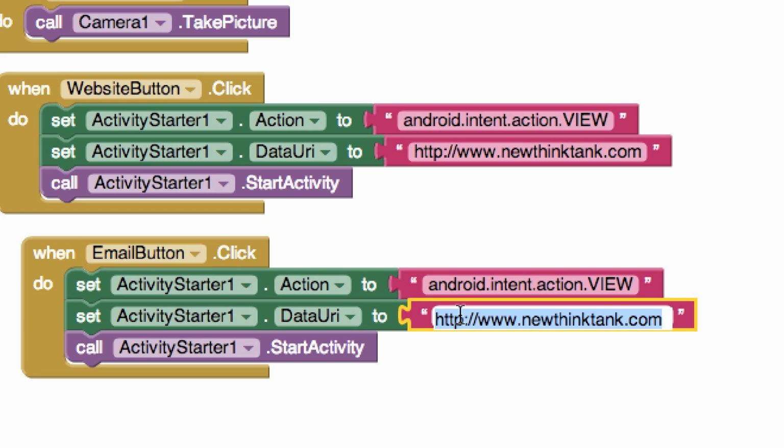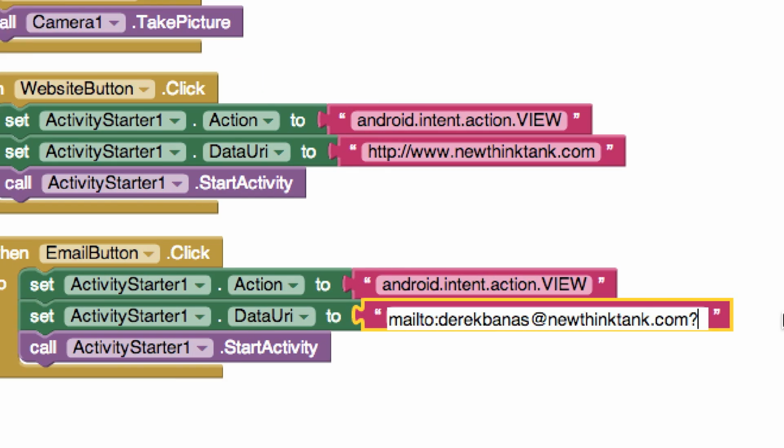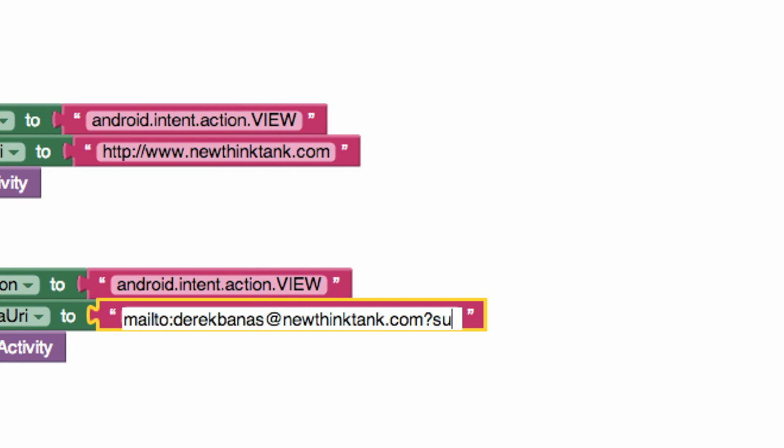Now to have the mail application open up, we're going to go mailto, and then we're going to type in an email address that we want to use. So let's just say, there we go. And then on top of that, if we want to add a subject to it, we could put a question mark inside of there. Let's scroll over a little bit. And then we could type in subject equals, and then we could say help. The only thing we have to remember here is we have to put a %20. That represents a blank space. Have to always fill in %20 to represent all spaces,